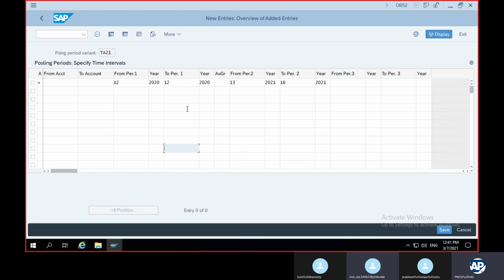So that means, in April... Let's say we are in the month of February. So the period we can type from period 11 to 12 or 11 to 11 only. It's your choice, your company choice. But it is better not to keep the future one open. You cannot make future entries. It's always 11 to 11.